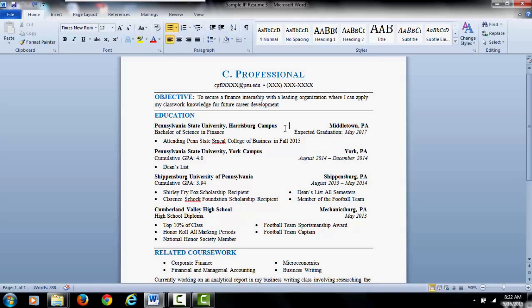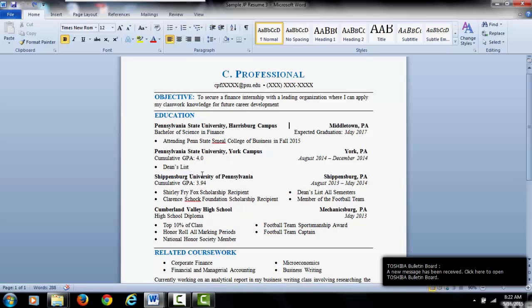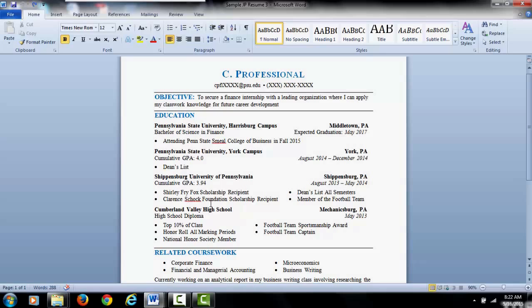The reason why this person put them here is because this is still someone working on their degree and they're trying to account for where they've been, and to describe all these wonderful honors that they're utilizing, they have to list these different universities. And so there are ways that you can go about this. You could put Penn State University and you could have Harrisburg campus, York campus, and you could make those all under one entry, and then Shippensburg University down below in something,